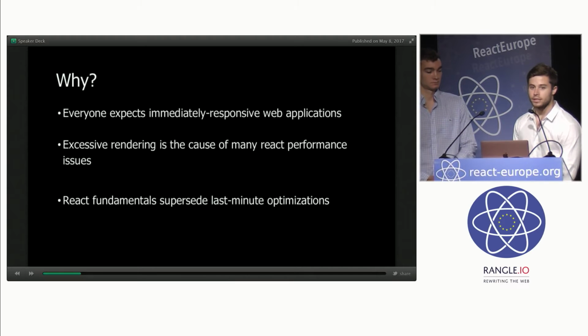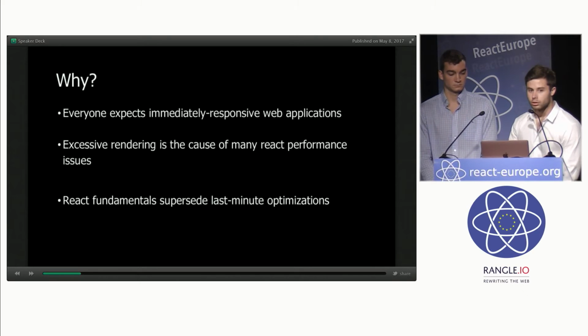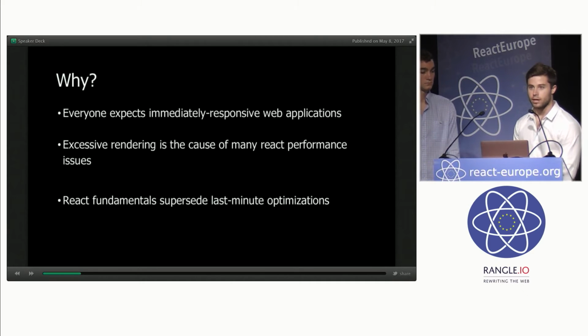In React, excessive rendering is the cause of a lot of performance issues, so you have to be aware. React fundamentals will supersede any Babel optimization flags and low-level JavaScript optimizations. A component that doesn't render unnecessarily is always going to be faster than a component that over-renders in an optimized manner. So the best practices we're going to focus on today are pure versus functional components and the key prop